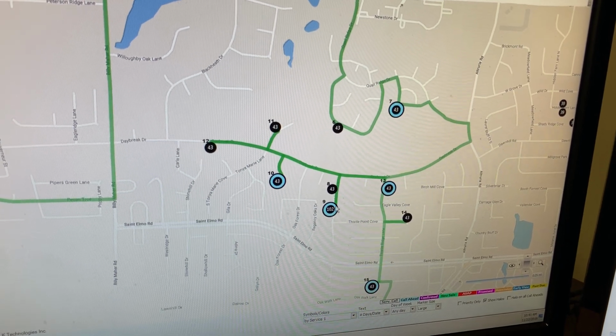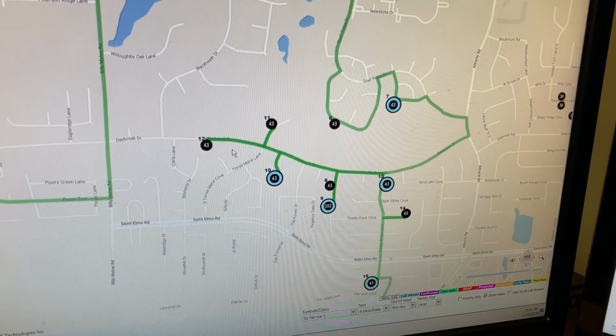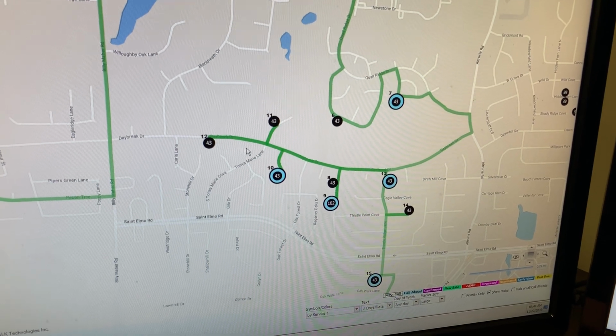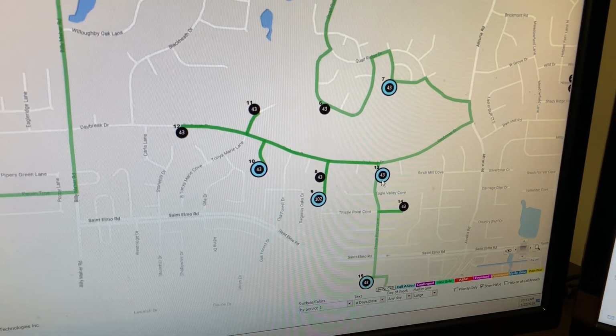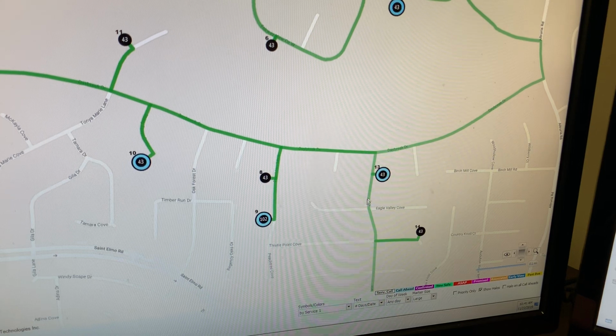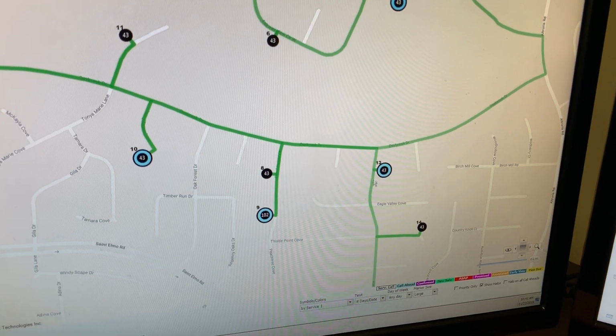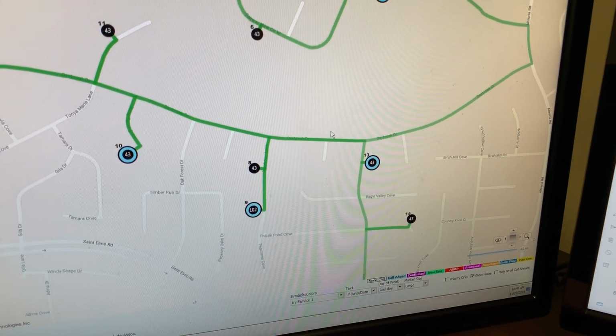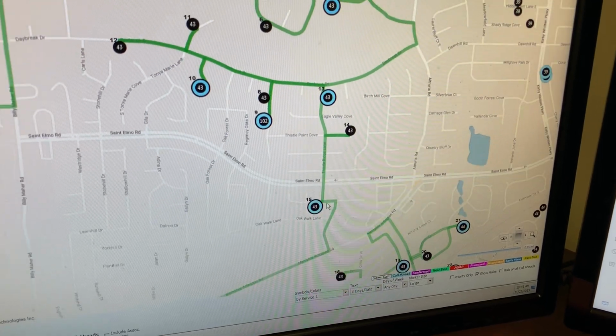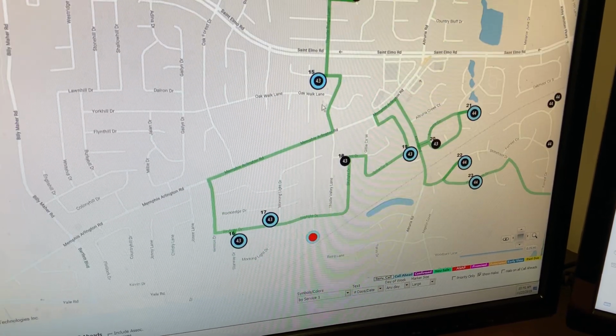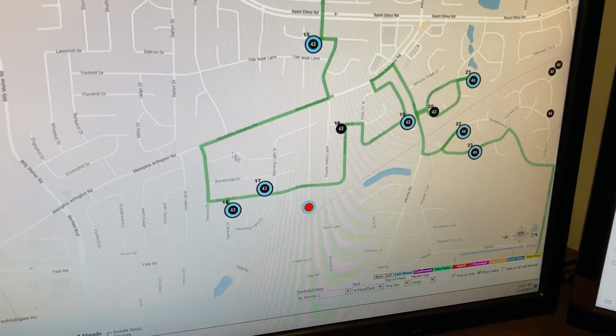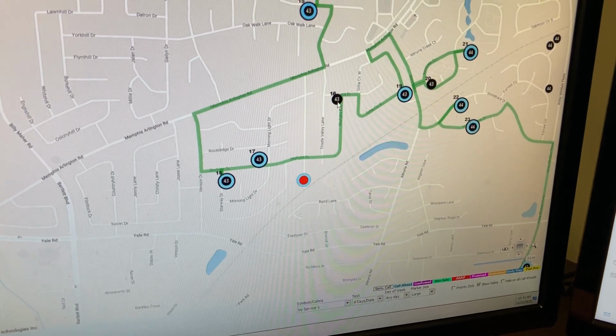Number 8 and 9, 10, 11, they'll have to turn around to get to number 12. This is an odd one, but they'll have to turn around, do 13, turn back around, 14, 15, 16, 17, 18,